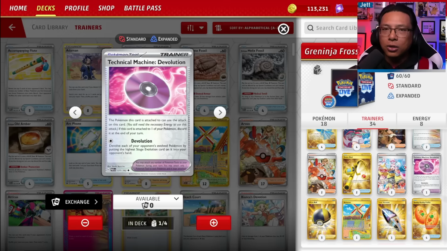TM Devo is such a great card in this deck because for 1 energy, you get to devolve your opponent's Pokemon down to the next highest stage. And against certain evolution decks like a Gardevoir, like a Charizard, you can really punish them for using that Rare Candy and punish them down to a lower Pokemon that can get easily KO'd, especially with the Froslass